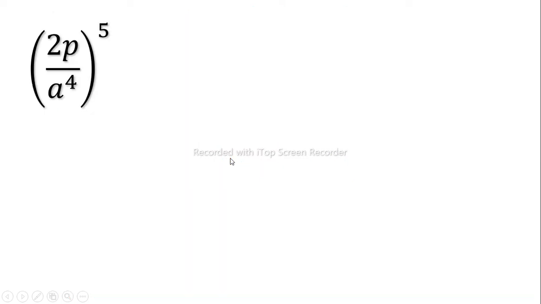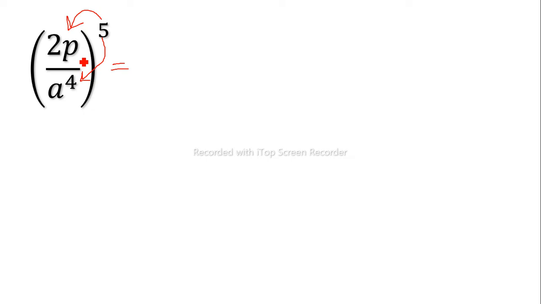So with this one, we're going to apply the 5 to the numerator. We're going to apply the 5 to the denominator. It's going to be equal to, by the way, any answers yet before I